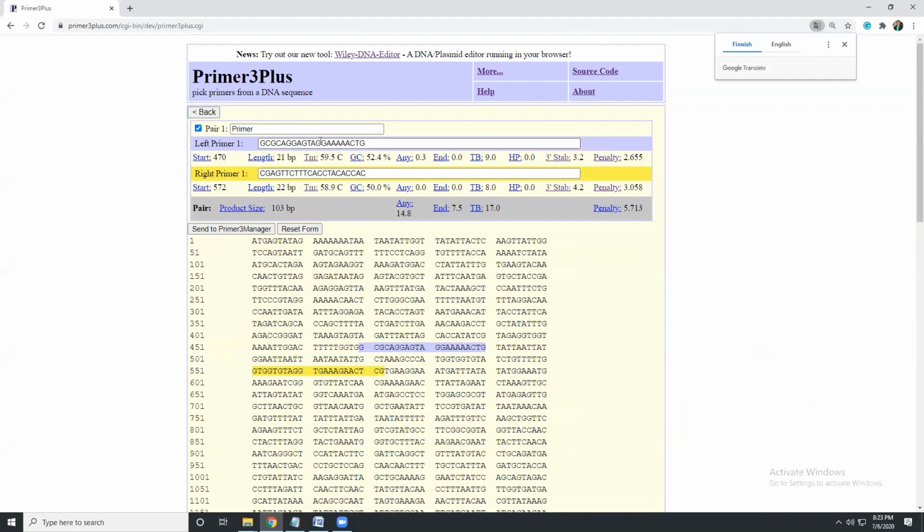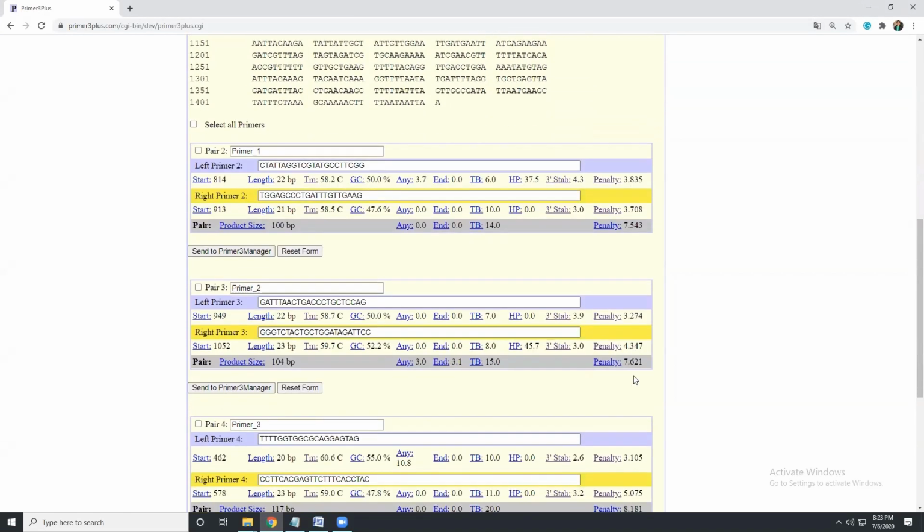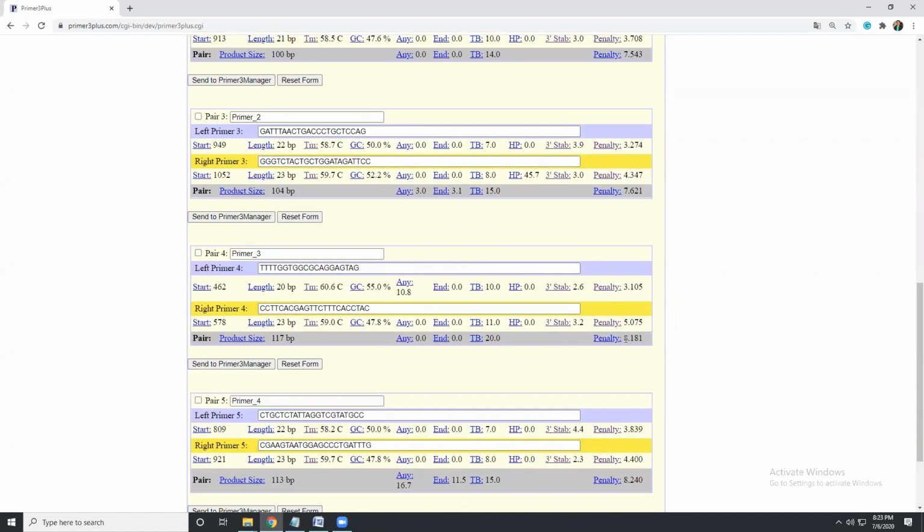The first one is most often a good one in comparison to the others, and how it defines that is by giving the penalty score. If you observe here, the penalty score for this primer is 5.7, whereas for the second one it is 7.5, third one is 7.6, fourth one is 8.1,